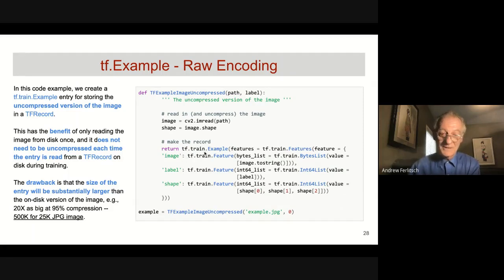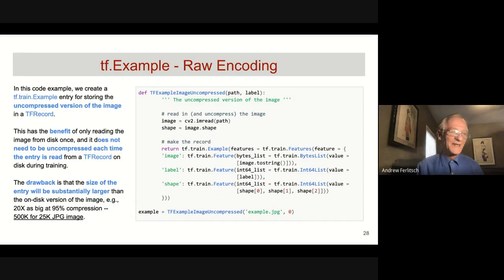We're going to make our tf.Example instance. Okay, here are our features. It's going to consist of 3 features: an image, a label, and a shape. Again, they're all dictionary entries. Each one of them is an instance of tf.train.Feature. Okay, and then for the image data, its data type is an instance of tf.train.BytesList, and there is our image data, but this time we need to convert it to a string because this is actually